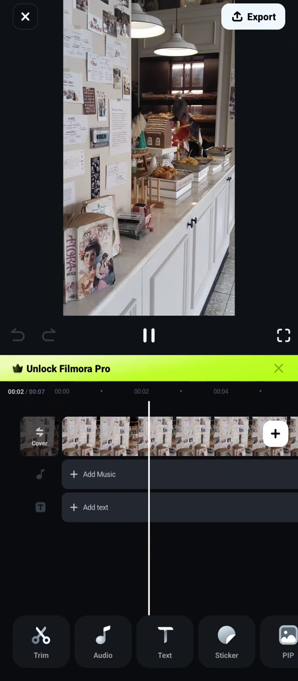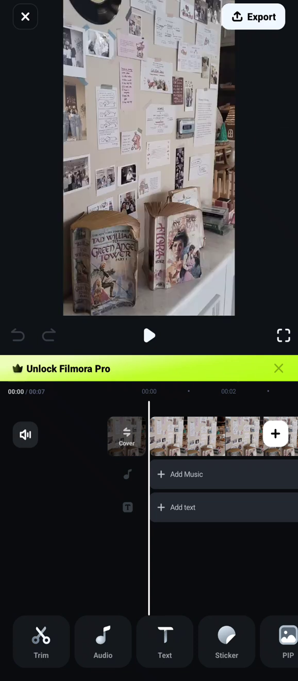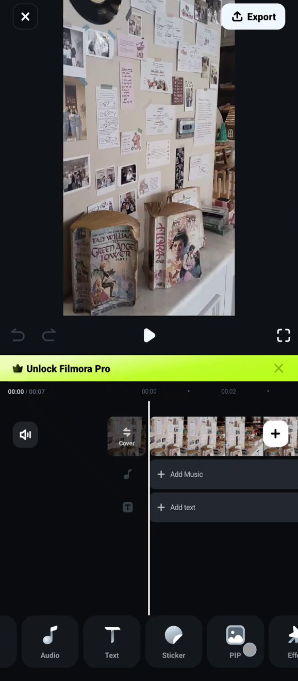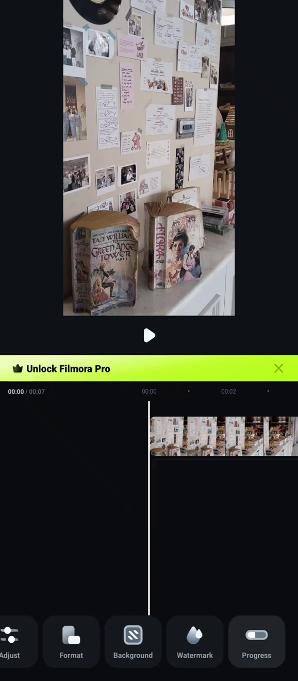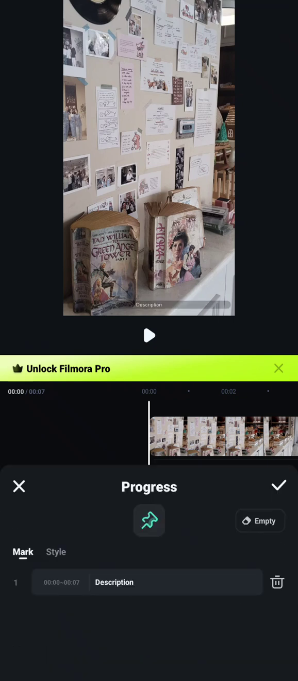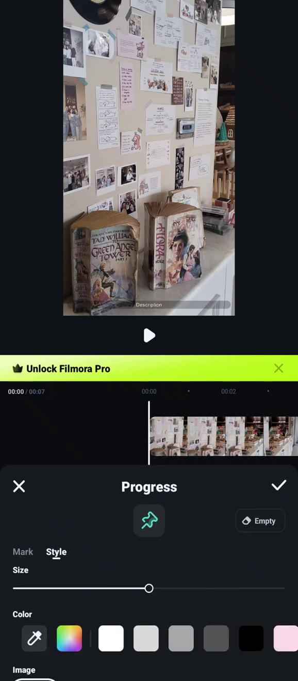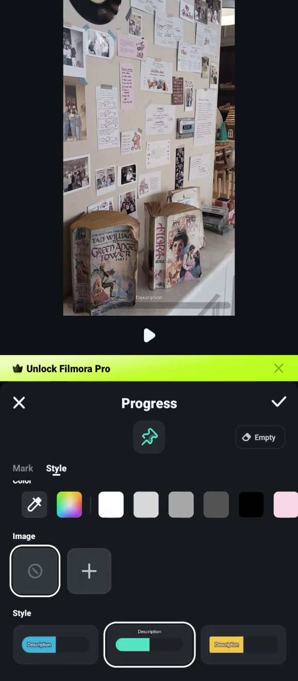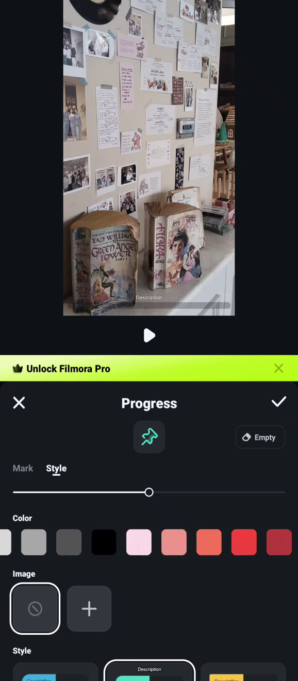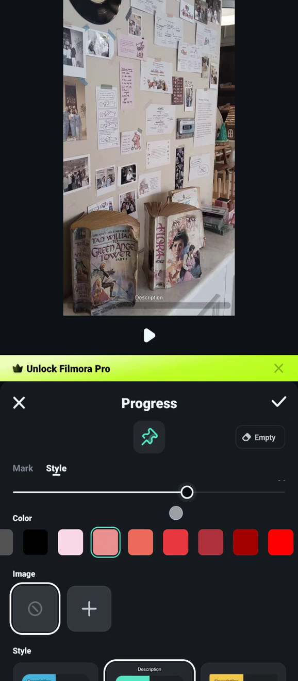Okay. Now to easily add the progress bar, you can just swipe to the menu in the bottom until you find the progress options. So this is where you can add the progress bar. You can see there are two tabs, mark and also style. You can just choose the style if you want to here. For example, I'm going to go with the second one, and here you can change the color and adjust the size,